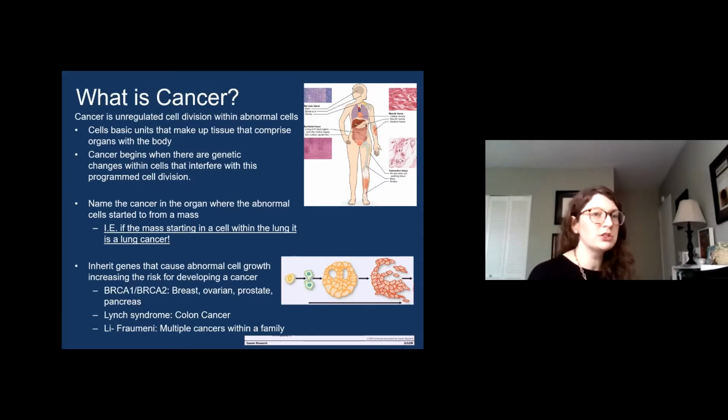There's a syndrome called Lynch syndrome, where there are changes in the stability within a gene that puts you at risk for colon cancer. And there's what we call the familial cancer syndrome, or Li-Fraumeni, which is a mutation in a gene that regulates how cells divide. This is notable in families with multiple types of cancers. Just because you have these mutations or changes, it's not 100% guaranteed that you'll get cancer. It just puts you at an increased risk of getting cancer in the future, so you may have to undergo different screening protocols.